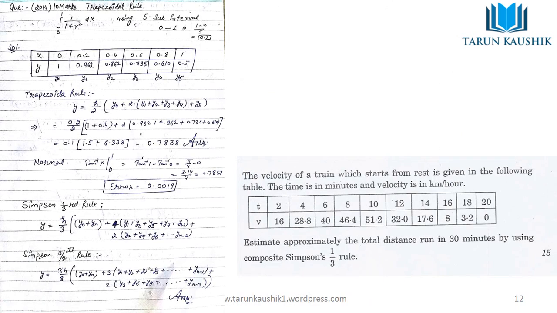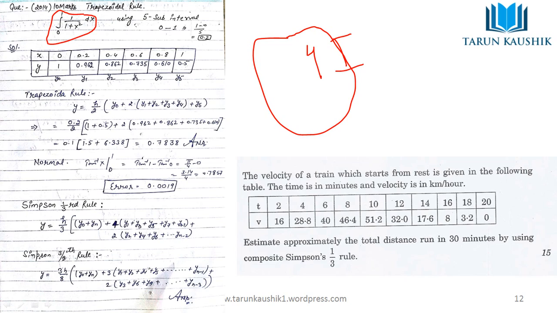Okay, so now the next point is integration. We have reached the fourth portion, which is integration. So solve this integration using the trapezoidal rule. So what is the trapezoidal formula? You have x and you have y. Y is the output, and x is the input. And it is also mentioned that you are required to calculate the integration by taking 5 sub-intervals.